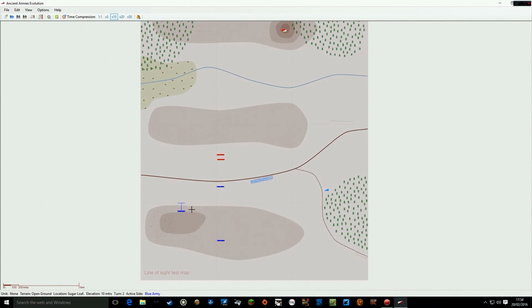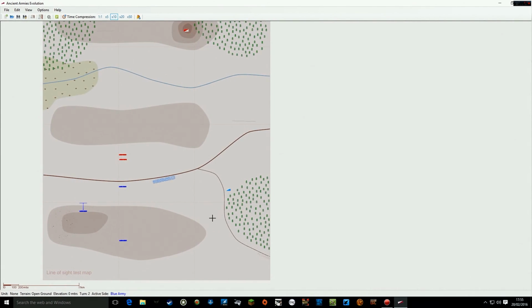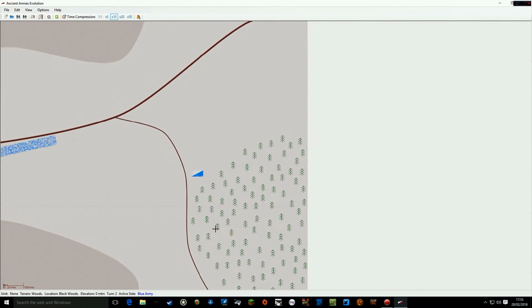So although this unit isn't the commander, he is. This enemy unit's now disappeared because none of my units, regardless of where they are, can see him anymore. And that's one of the consequences of side based line of sight. And as mentioned earlier, the other consequence of side based line of sight is regardless of where I move my